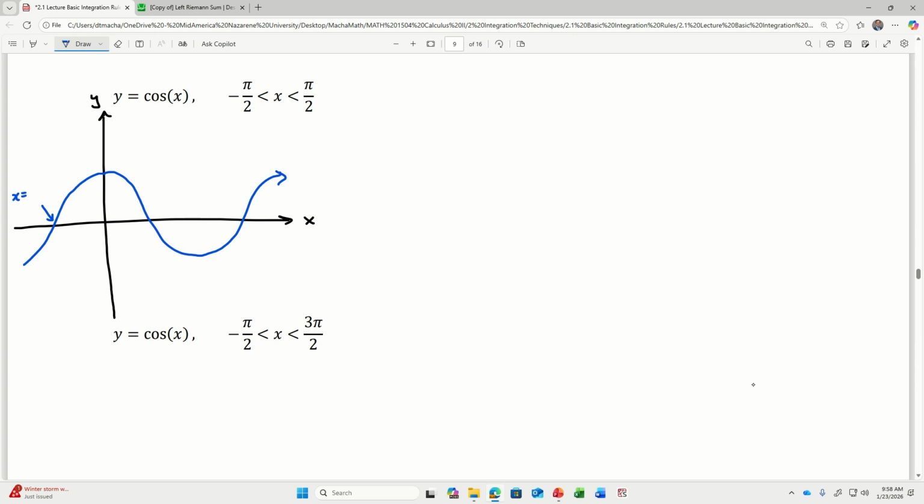It's negative pi/2. And cosine is an even function, so it has reflection symmetry across the y-axis. What is this value of x? Pi over 2. So if I go ahead and take the integral of cosine between negative pi over 2 and positive pi over 2,